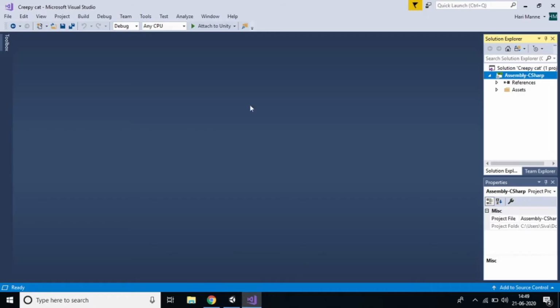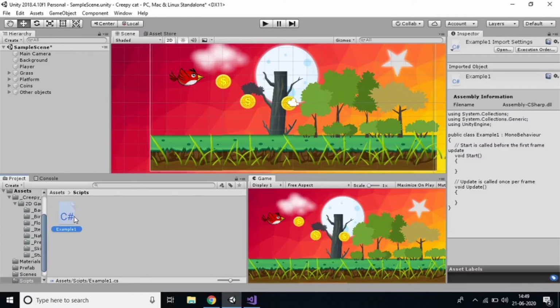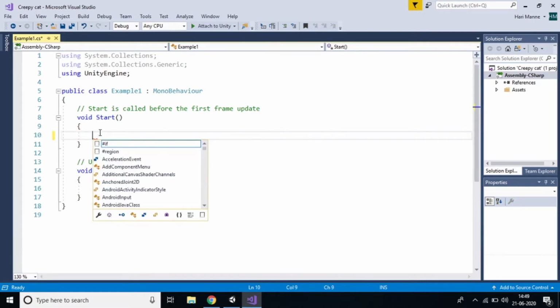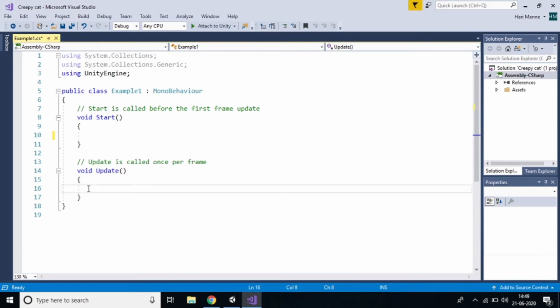So I think it's very clear about Start and Update. Just open this one. What is the difference between Start and Update? If you want to start anything, we'll write everything in the Start function. And if we want to update, the Update method runs every frame, so 60 frames per second we can say. If you want something to run every frame, we'll write it in the Update method. Suppose you want to rotate the sprite, it should rotate always, right? If I press play, automatically the sprite should rotate always. So I'll write it in the Update method. That is the difference between the Start method and the Update method. I think it's very clear.